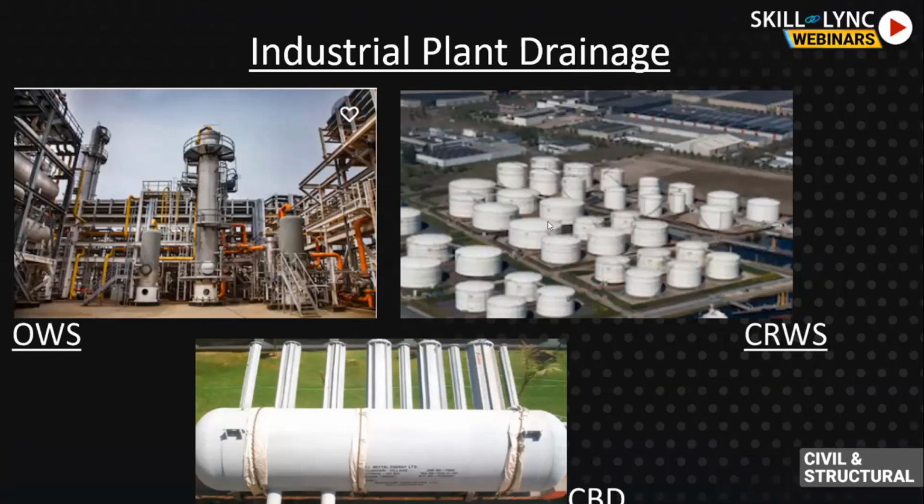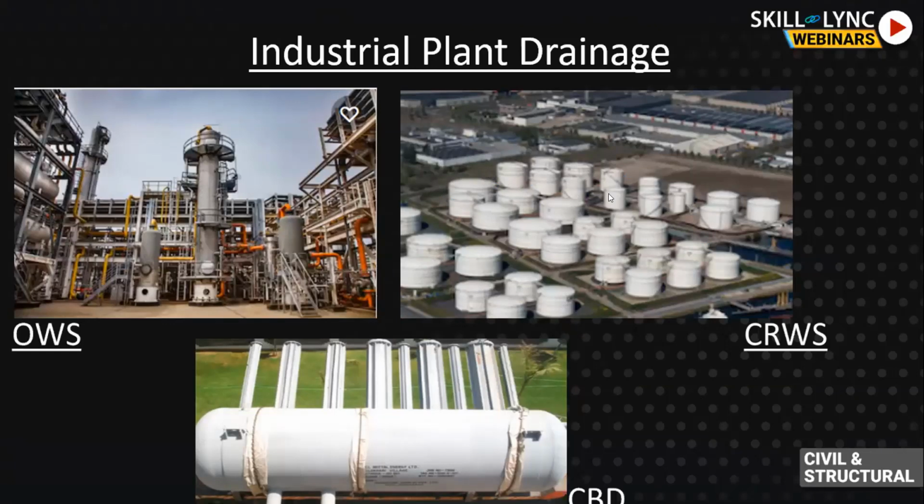Now this is again a tank farm I have shown. It is actually just like we have a farm, a wheat or rice farm. Like that, there is a tank farm. These are the storage tanks in a plant. It can be an oil and gas refinery or any process plant that has storage tanks. All storage tanks are generally kept near each other together, and then surrounded by a dike wall or a small retaining wall.